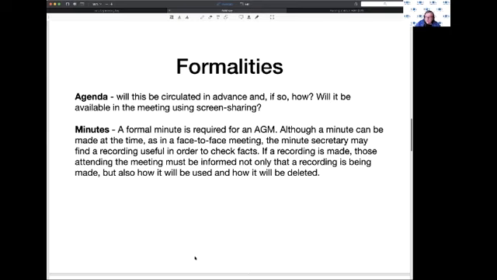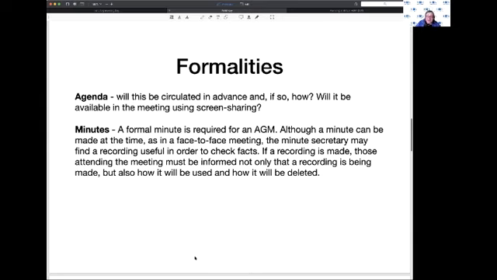But most of us are relying on people who are taking notes and hoping that they've got them right, while at the same time trying to follow and possibly participate in the meeting. So it can be very useful to whoever the minute secretary is if they have a recording, so that they can check facts and make sure that whatever they're putting in the minutes is what was actually said or done, rather than inventing what they think happened. I regularly take minutes for meetings, and it's a nightmare trying to remember what was actually there, and recordings are